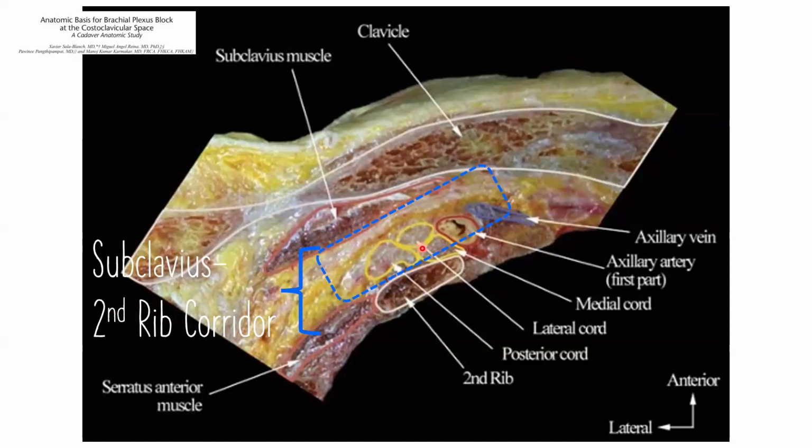posterior cord and the medial cord more towards the medial aspect as well as the lateral cord and very close to the subclavian artery. They are all engulfed in one single sheath, and this is called the circumneurium. We are coming to that terminology as well, and it rests on the rib, and will have the serratus anterior muscle, which is a thin layered muscle, which would be entirely in this particular area. So that is how the